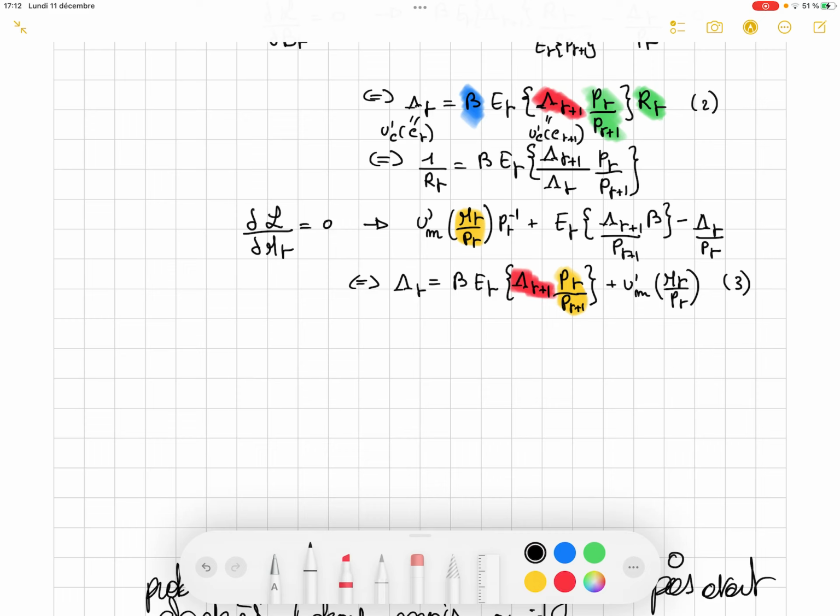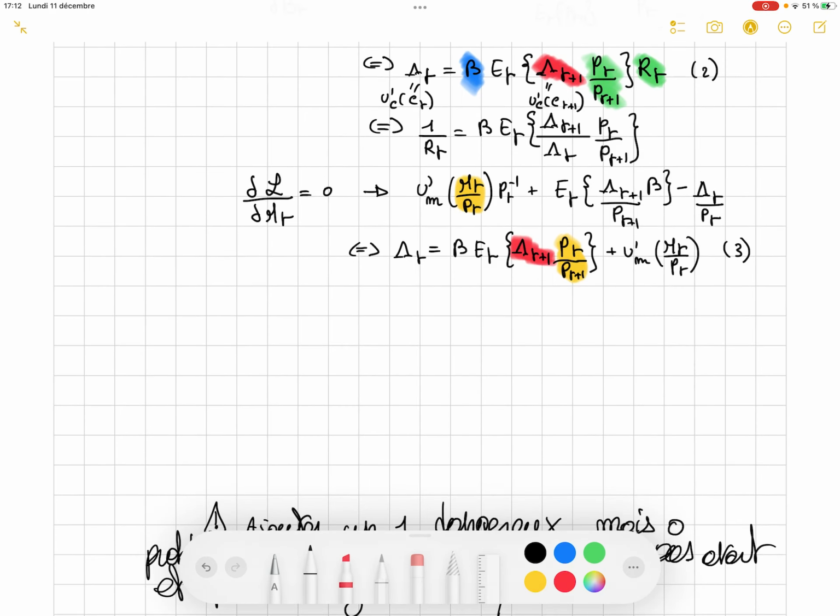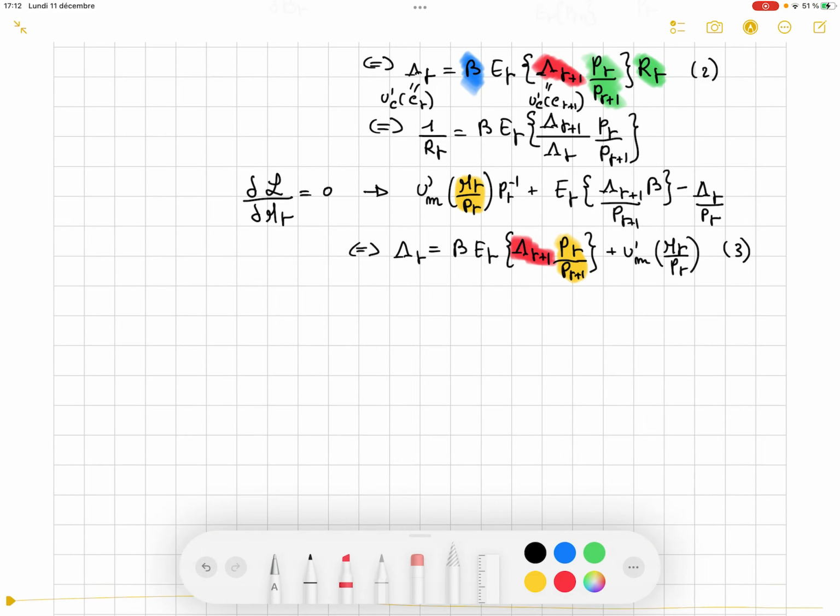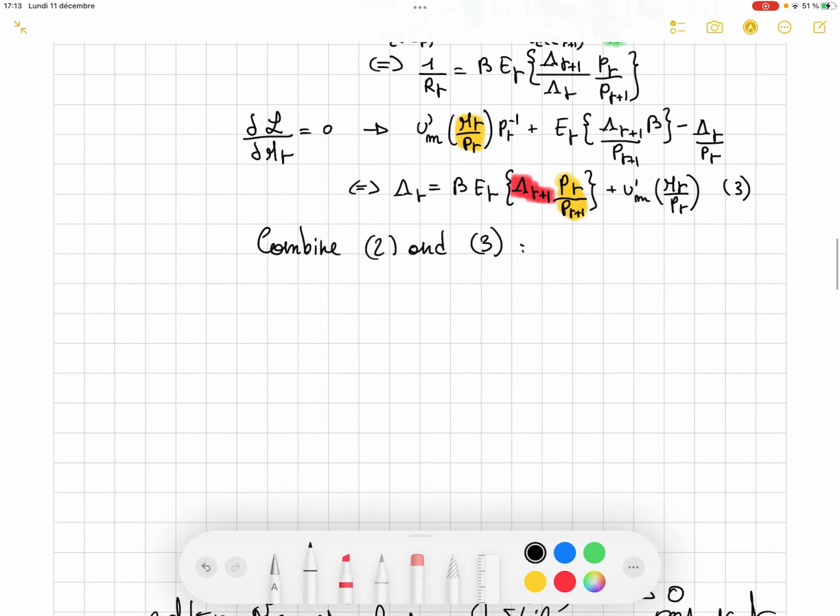So it's the same interpretation in a sense as a marginal cost equal to a marginal benefit of holding money, a bit like in the second equation that we had. Okay? So that's how you can interpret this equation. Now you can combine basically the equation for the second and third first order condition, and see what we obtain by doing so.